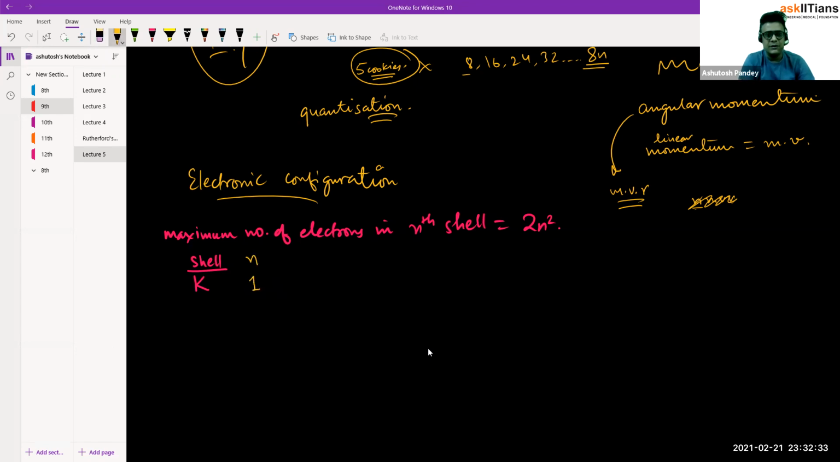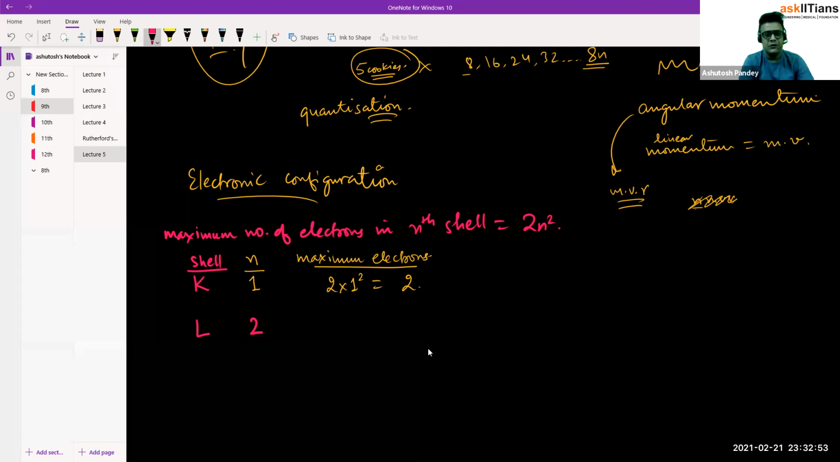N is equal to 1. Okay, so then the maximum electrons will be equal to 2 into 1 square, which means 2. For L shell we'll have n is equal to 2, so 2 into 2 square, which means 8 electrons. For M shell we'll have n is equal to 3, so 2 into 3 square, which means